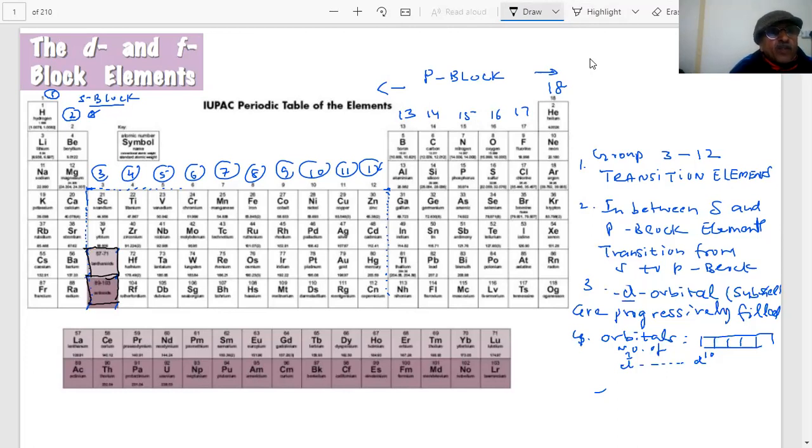As you are coming, this is my fourth period, students. Which period is this? If I take the period, this is the first period, this is the second period, this is the third period, this is the fourth period, and this is the fifth period, sixth period, seventh period. These are the period numbers. Is it right or wrong? These are the groups and these are the period numbers.